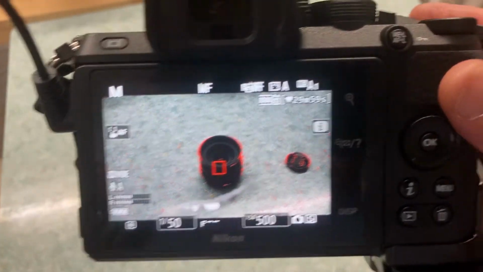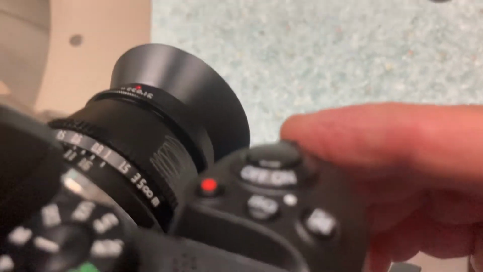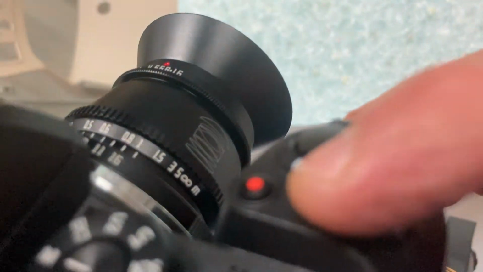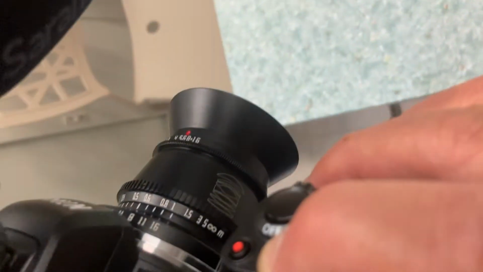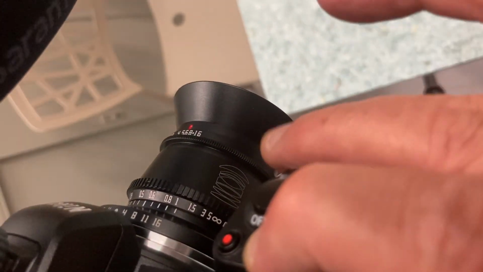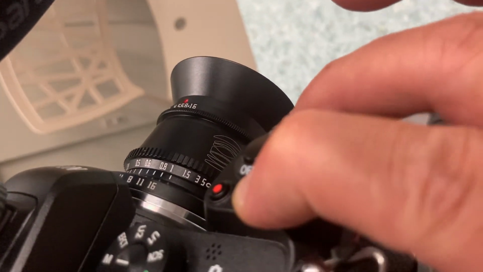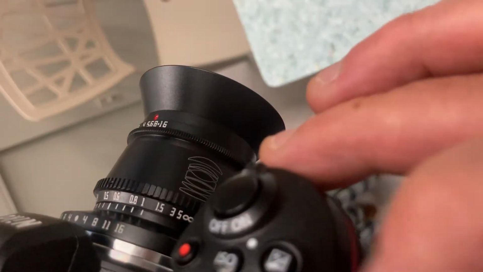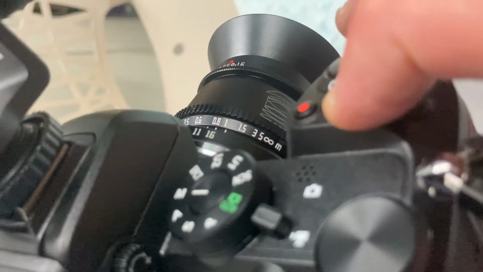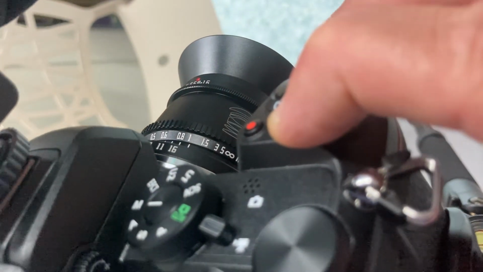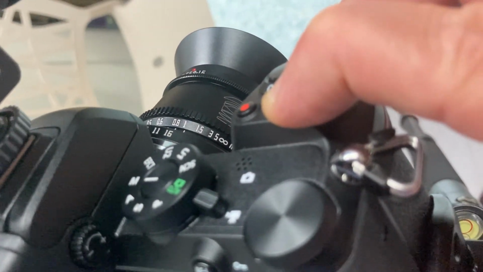The steps are here. First of all, you press the ISO. This is the ISO button right here, and meanwhile you use your middle finger to change this button. You see, this button is the front dial. So just press the ISO button, and meanwhile you just change the front dial.